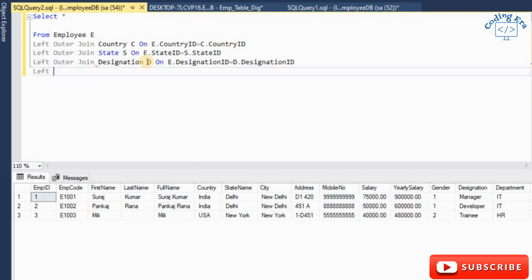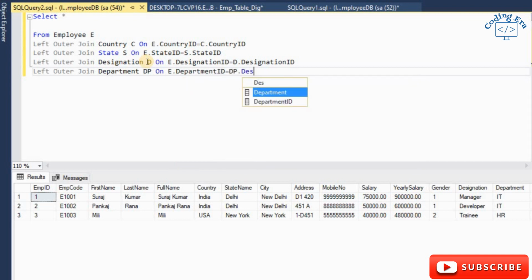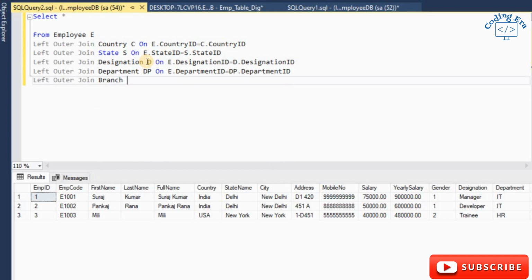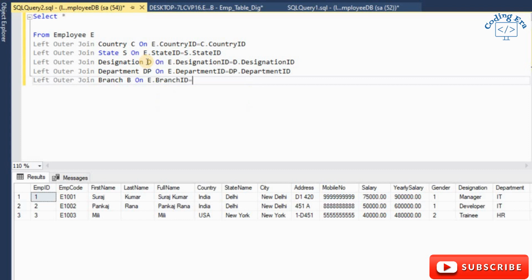Next is left outer join department DP on E dot department ID is equal to DP dot department ID. Next is left outer join branch B on E dot branch ID is equal to B dot branch ID.